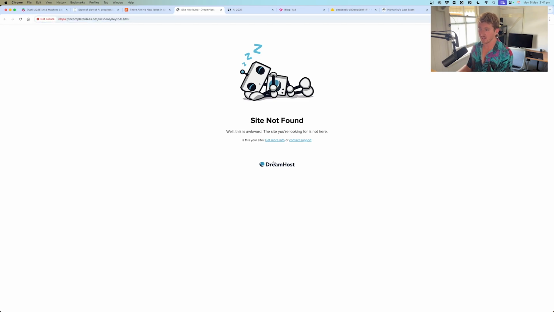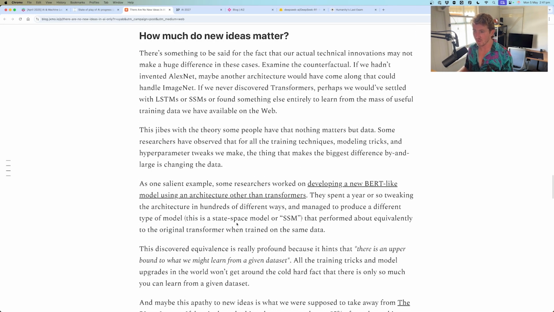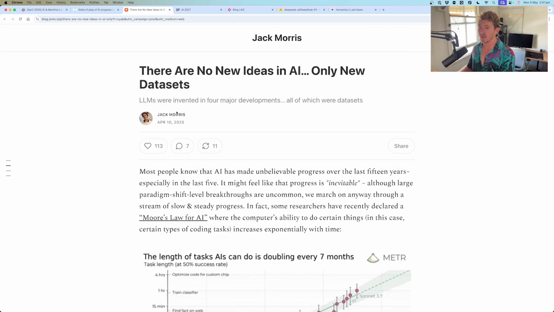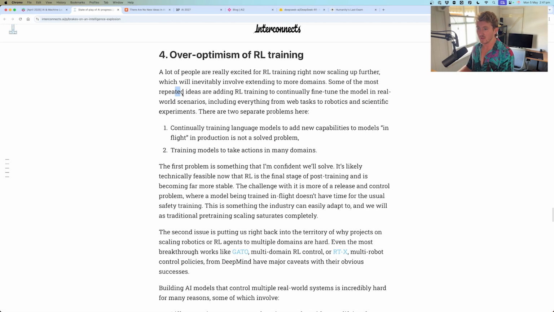Anyway, if the problem isn't verifiable, it turns out that reinforcement learning algorithms haven't quite broken that field just yet. And so, how much do new ideas matter? This is a great article. Go and read this by Jack Morris. So great article here by Nathan Lambert. Yeah, here we go. Over our optimism of RL training kind of talks about what we just discussed there of